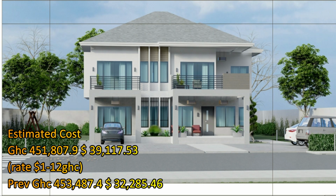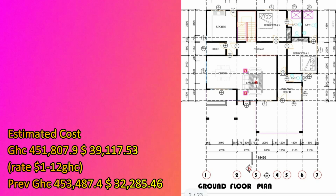The estimated cost for this project is 451,807 Ghana cedis 9 pesewas. Translating that into today's dollars is $39,117.53. I'm using a rate of $1 to 12 Ghana cedis. Previously I estimated the same project, and translating that into dollars was $32,285.46. You can see that the inflation is really high, and this is due to the fact that